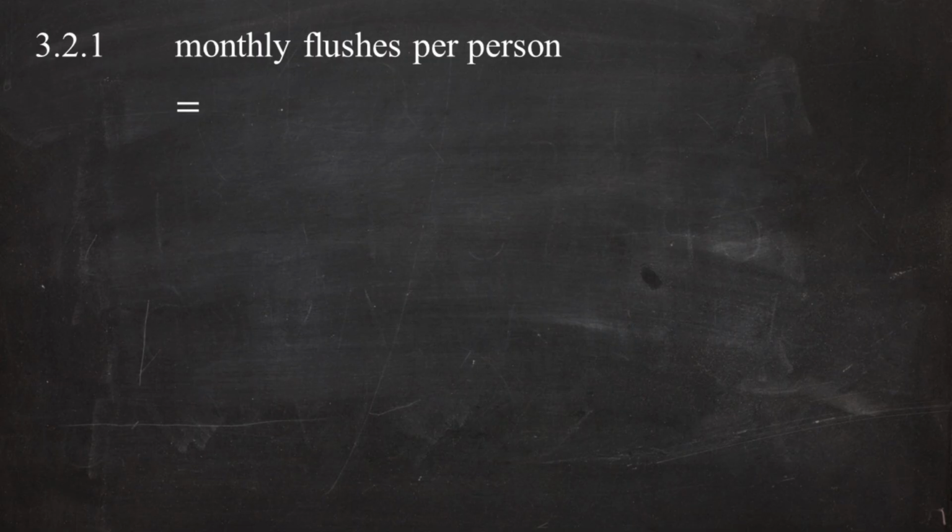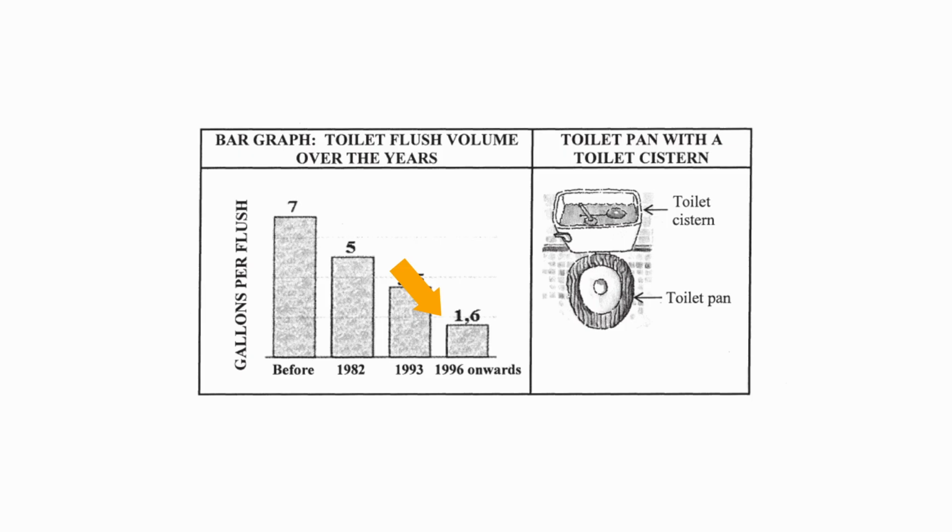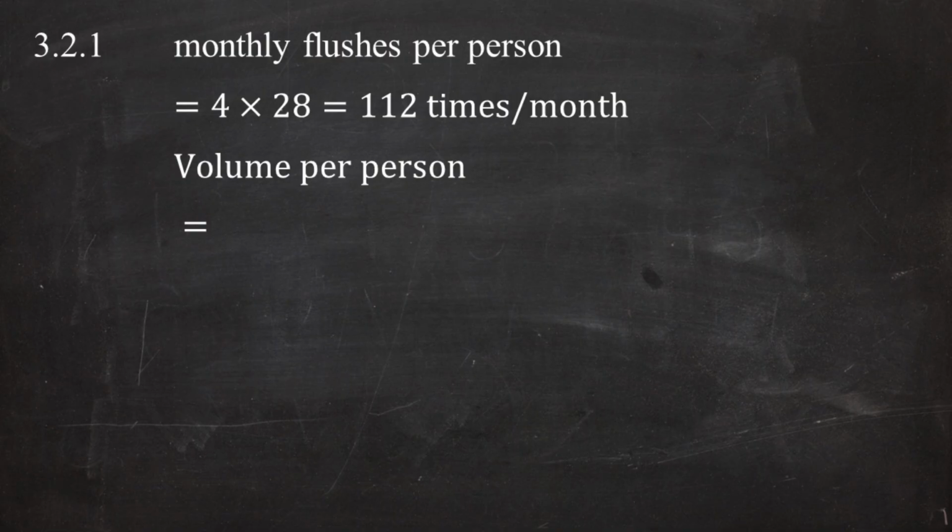Considering only one person in the family, one person will flush the toilet 4 times a day for 28 days in February, which equals a total of 112 times for the month. Since the volume of water a cistern can hold after 1996 is 1,6 gallons, the volume of water used by one person will be 112 times 1,6 gallons, and this equals